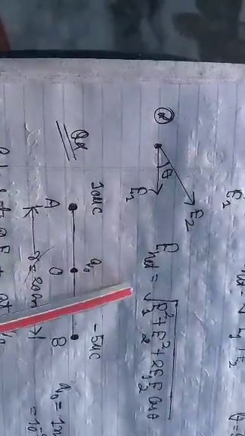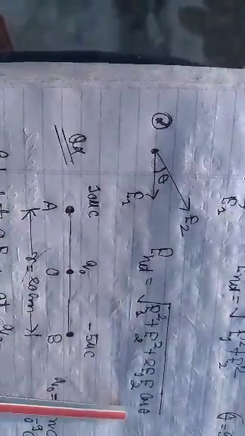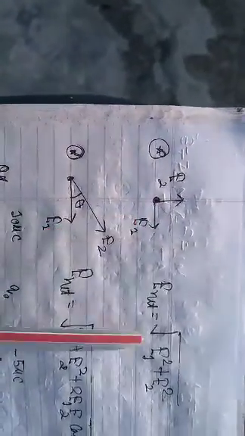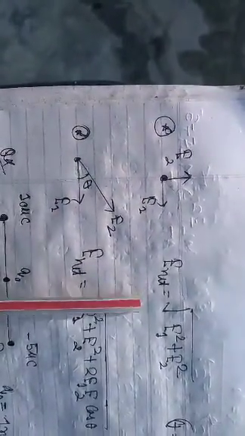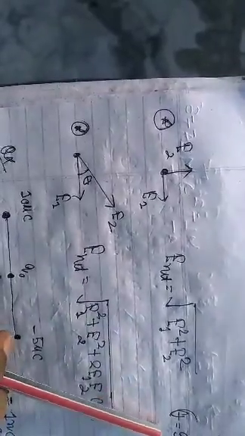And the superposition of electric field: E is equal to E1 plus E2 plus E3 and so on. If two different fields are applied at a point, if they are in the same direction, they are simply added, E1 plus E2. If they are acting in opposite directions, it is E1 minus E2, and if they are acting with an angle theta, then we use this equation: E net is equal to root of E1 square plus E2 square plus 2 E1 E2 cos theta. If they are acting at an angle of 90 degrees, then we simply use the equation E net equal to root of E1 square plus E2 square, and the angle is 90.